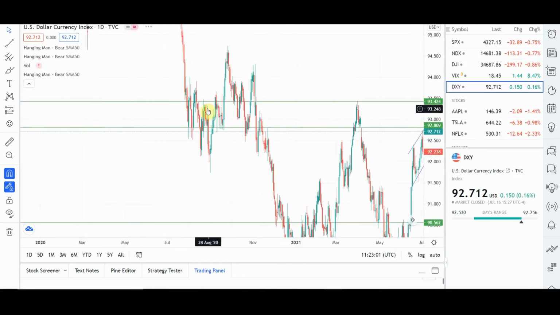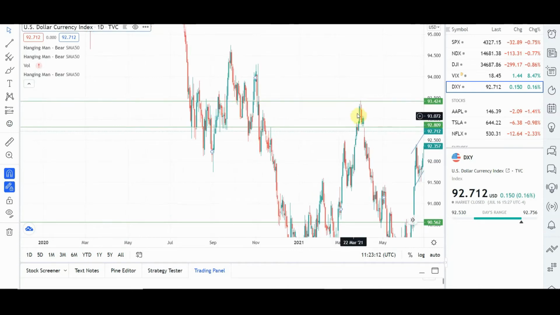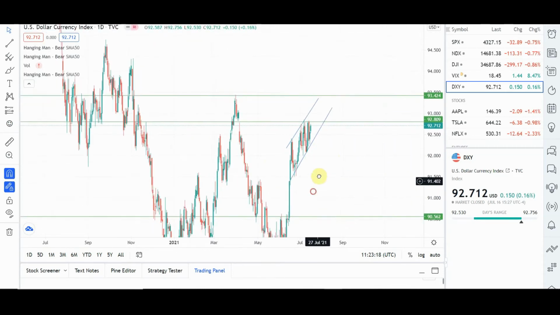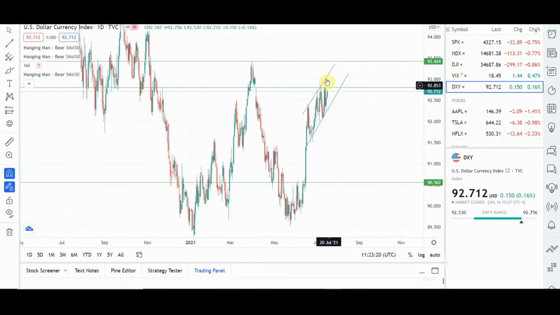Over time you can see the price tested that exact region and tried to break it here, but couldn't. Later it broke it but came back to test that exact region. Here again, same thing, and very recently it tested the exact region. You could see the selling pressure that took place from there all the way down. So currently the DXY is on its way back to that same price region. But let's focus on the 4 hour for today.